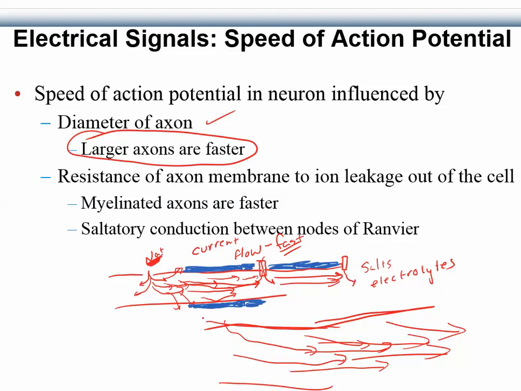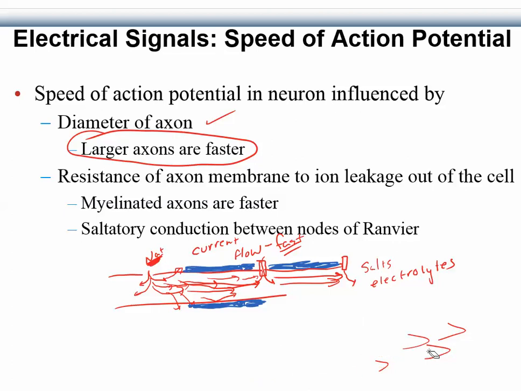What this means is, instead of having a neuron set up like this, where your voltage-gated sodium channels are very close to each other, so this one depolarizes that one, which depolarizes that one, and that one, if you can block the current flow from leaking out, then you can spread these apart. So this is myelinated. If we say this is myelin,